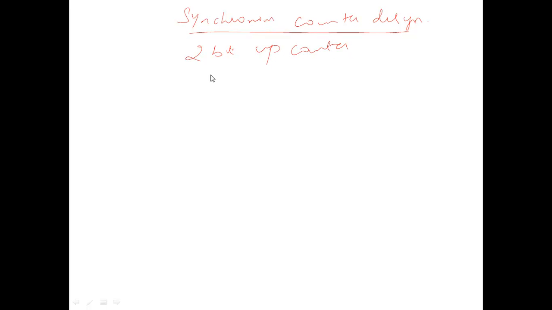So now we are going to understand only synchronous counter design. Counter, as you know, will be counting the number of pulses 1, 2, 3, 4 like that. Say for example, you want to design a 2-bit up counter. 2-bit in the sense 2 power 2 which is equal to 4. So the counter will be designed from 0 to 3. 0 to 3 will give you only 2 bits, because number 4 in binary is 100. So up to 3 you are having only 2 bits. So this is called as 2-bit up counter.